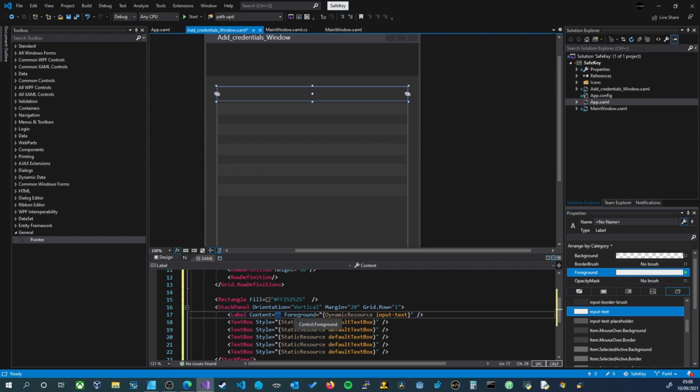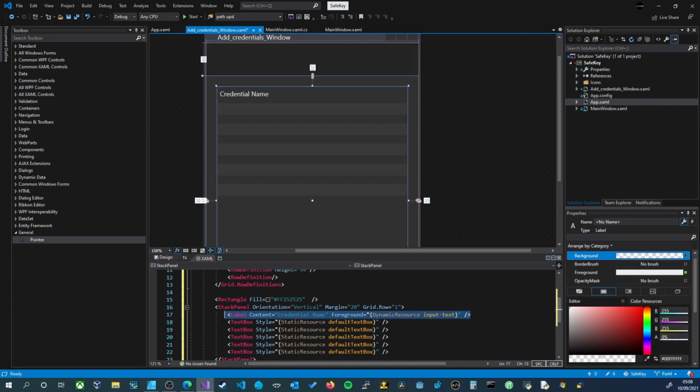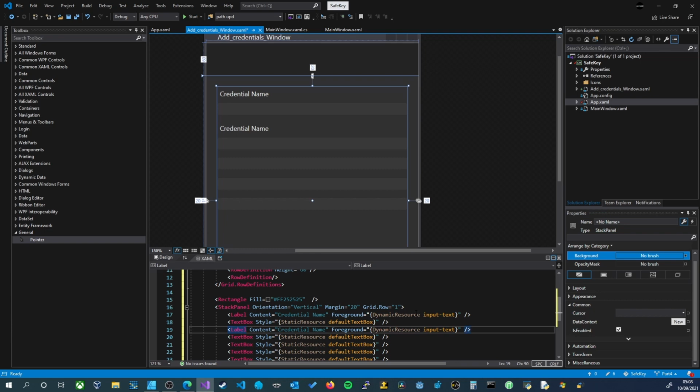The content, so the first will be credential name, copy, paste. So we've got name,